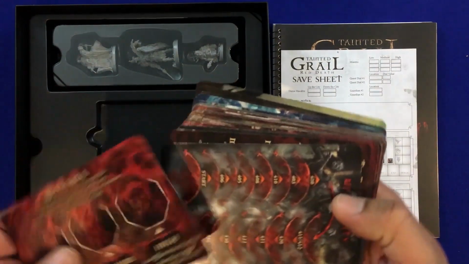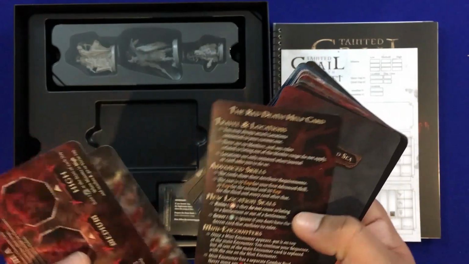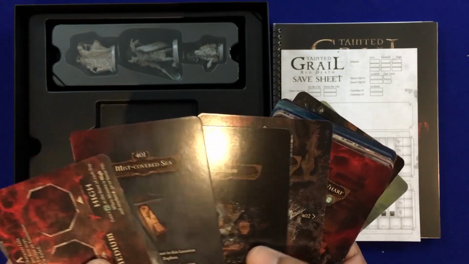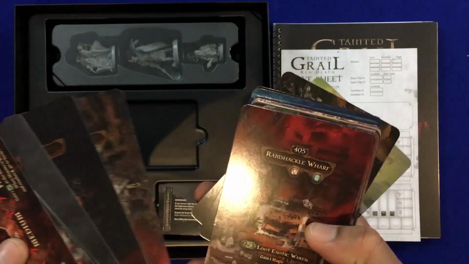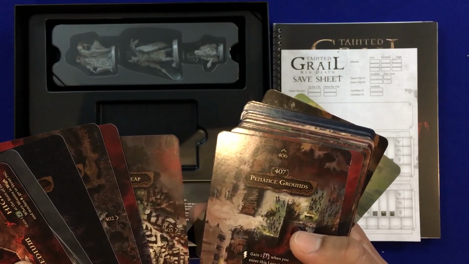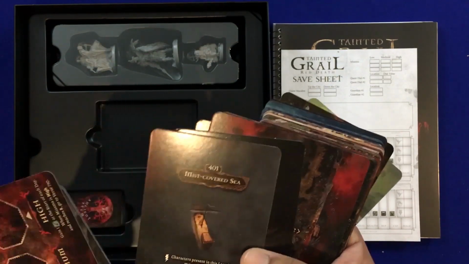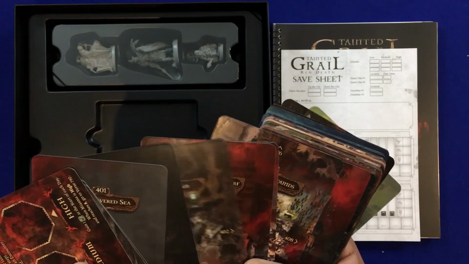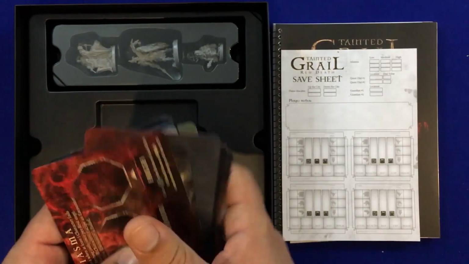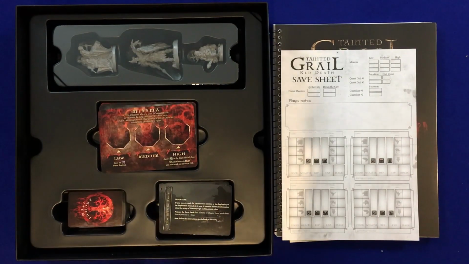So here we have the new Miasma card. We have Up the City, Red Death Help card, and then we just have new cards like the Mist-Covered Sea, Flotsam, Shantytown, Ramshackle Wharf, Crooked Heap, Penance Grounds. And I don't want to look too much of it because, you got the Sea, 403, the Shantytown. So we've already taken a little bit more of a look than we probably should have with the Ramshackle Wharf, and you get an idea as to some of the starting locations, but I don't really think there's any spoilers in seeing those locations. We don't know